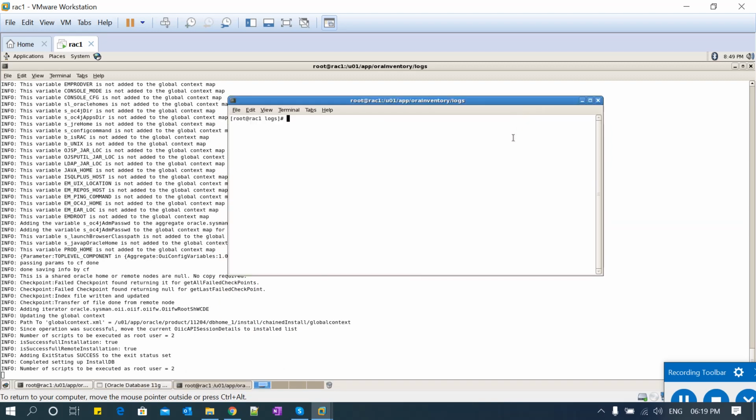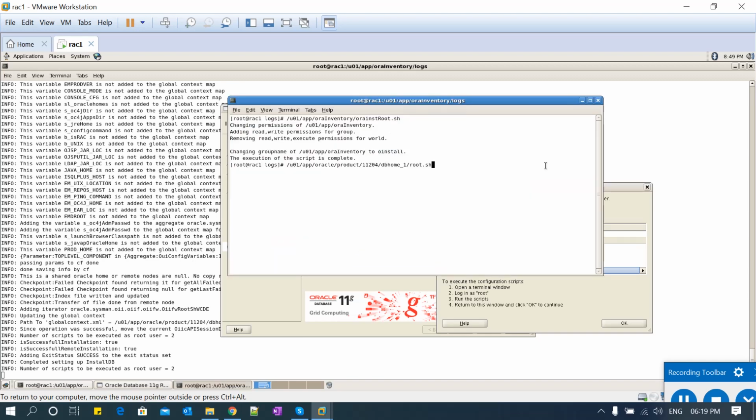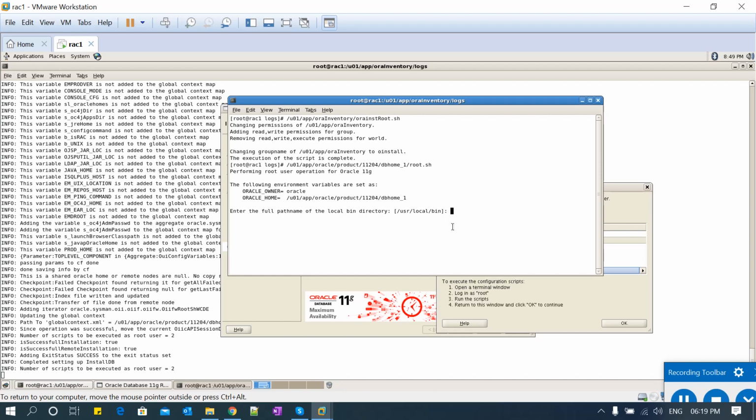Okay, here you see, right, changing the permission for this oraInventory and adding read write permission to the group and Oracle user. Alright, so the first script does this oraInventory permission, and the second script says Oracle owner is oracle, and Oracle home is this home location, and then enter the path for the local bin directory. /usr/local/bin is the local bin directory.